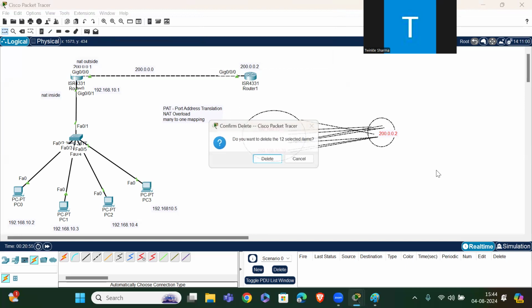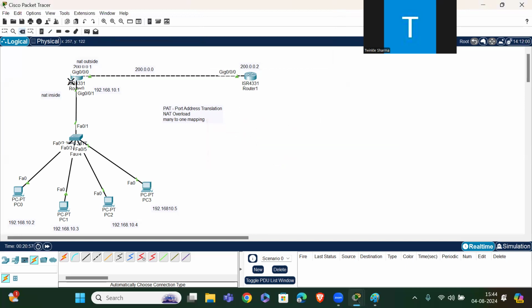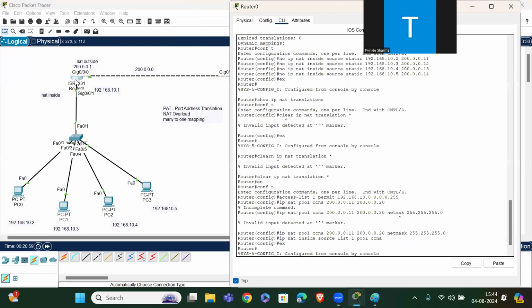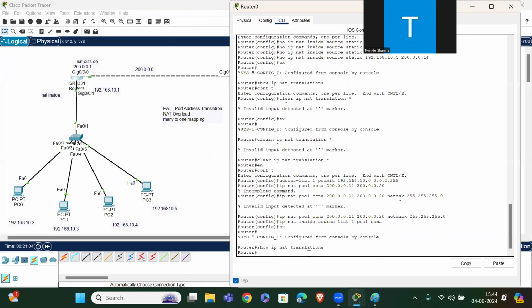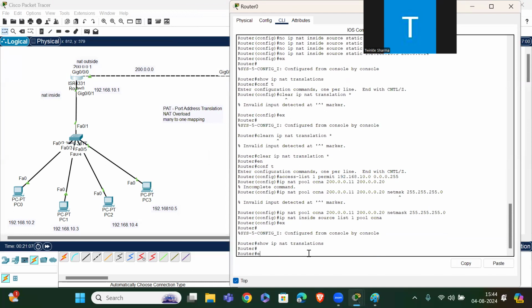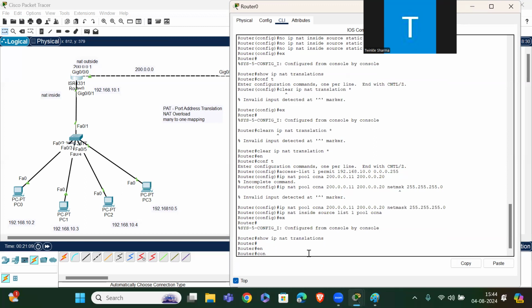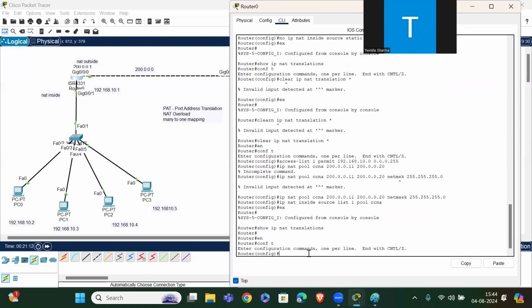Now let me configure the PAT also. Go to the router 1. Also, one thing we do here: enable, conf t, ip route 0.0.0.0 0.0.0.0 200.0.0.2. This is the destination, right?